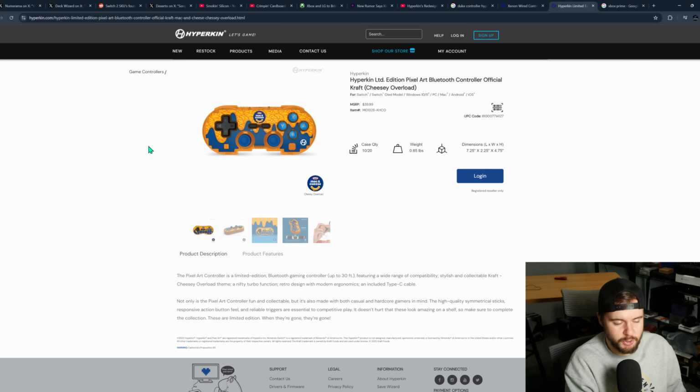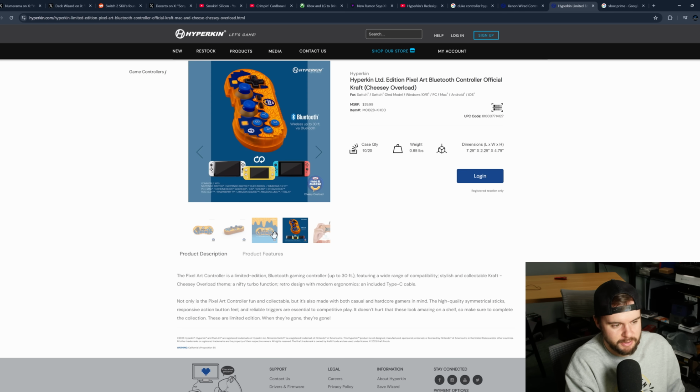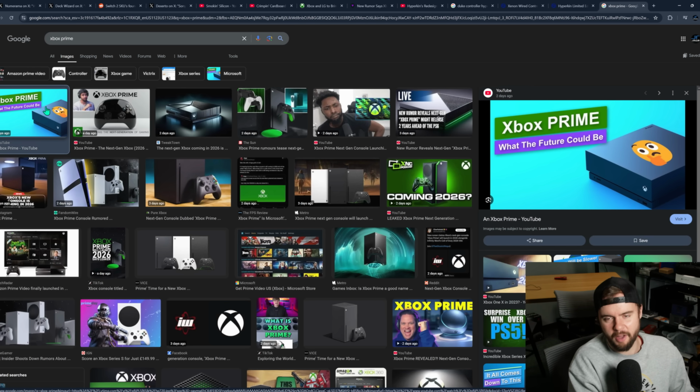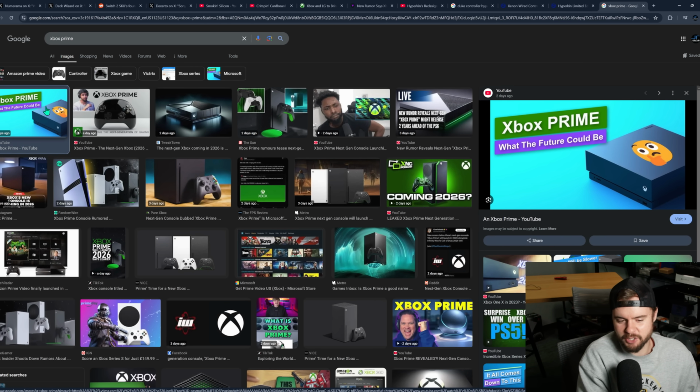And then also the goofy ones, but the very cool ones, are the Cheesy Overload mac and cheese controller. Like, who is actually playing with this? I don't know, but it's cool. It's goofy. They also have a Heinz ketchup one as well. Cool stuff. But swinging back into the whole Xbox Prime thing, I think it's always funny to look at